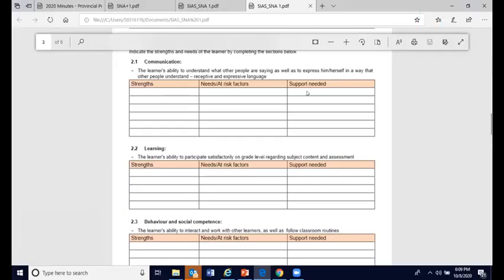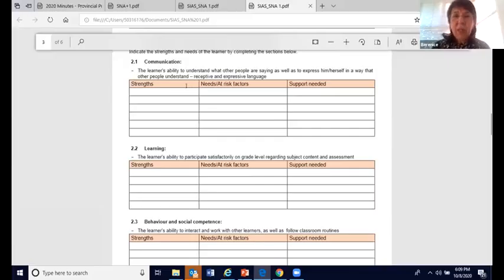But can we write there hearing aids as a support, for example? Hearing aids? Yeah, you could. Okay.